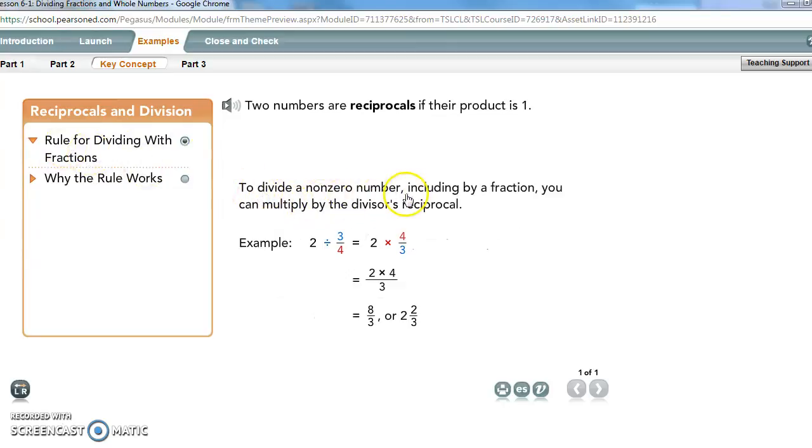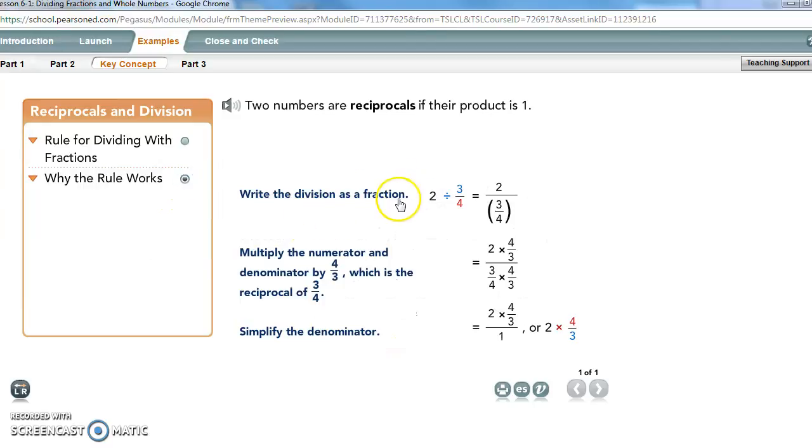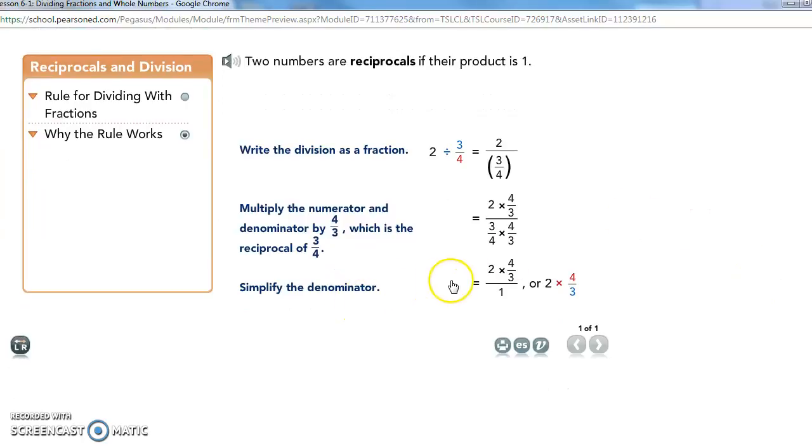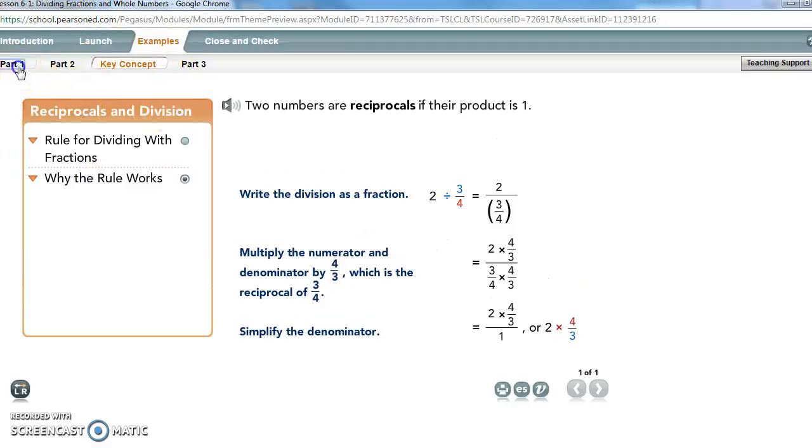To divide by a non-zero number, including a fraction, you can multiply by the divisor's reciprocal. 2 divided by 3/4 becomes 2 times 4 over 3. 2 times 4 divided by 3 is 8/3, or 2 2/3. Why this works is because you can write the division as a fraction, 2 over 3/4. When you multiply by the reciprocal, you end up simplifying the denominator, or 2 times 4/3. So if we go on to part 1,